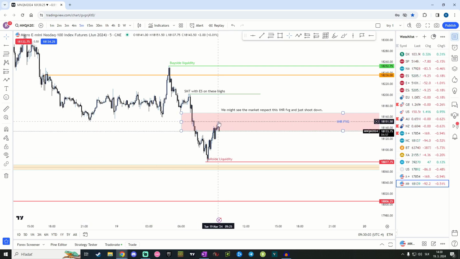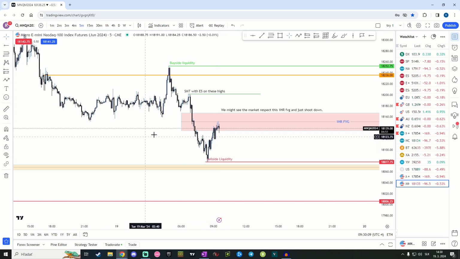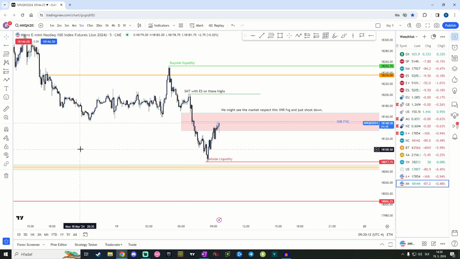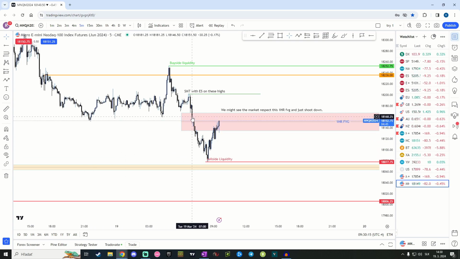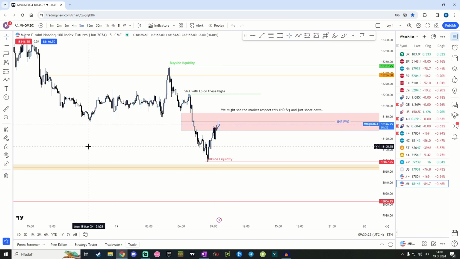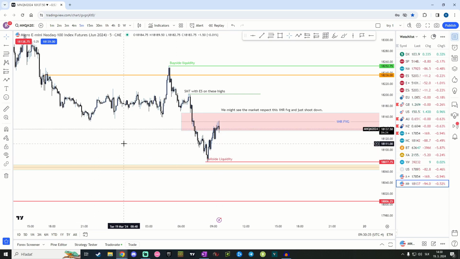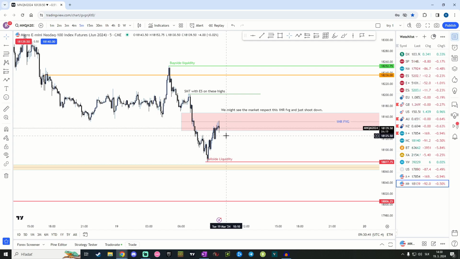I really like how the market just traded to the midpoint and now it's going down. We have SMT with ES on these highs. So let's see if we will maybe trade up to this imbalance, or if we just really respect this 1 hour fair value gap and we'll go down. I was even thinking that if I really want to put a short here, but that's not my model, so I will need to let the market go down without me if it goes. But I'm confident it goes down